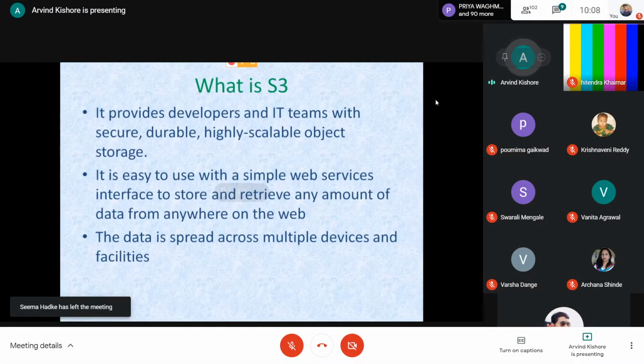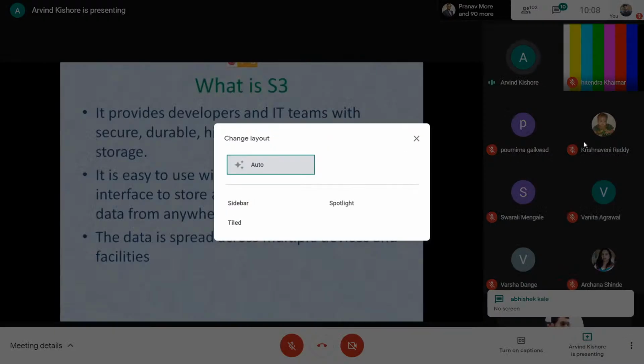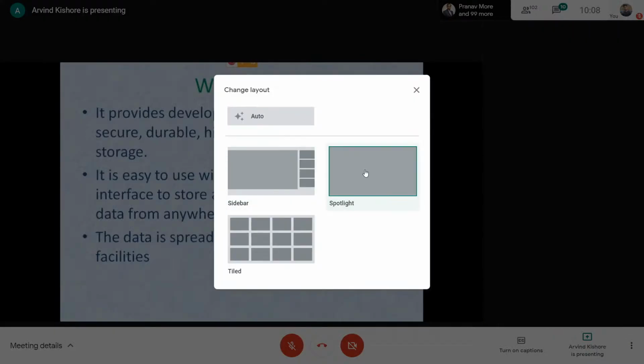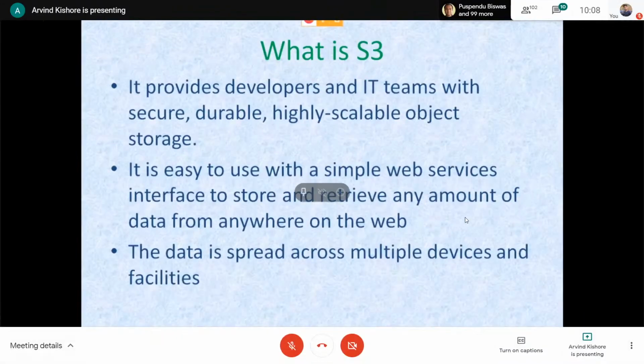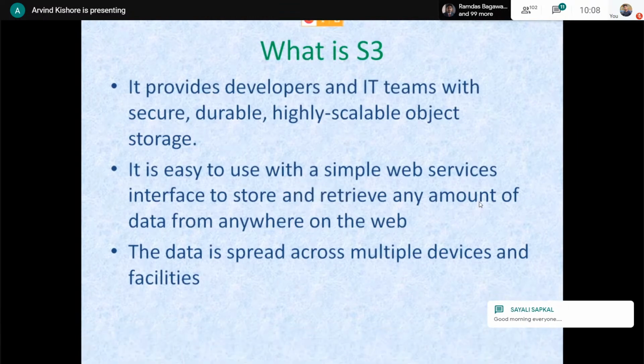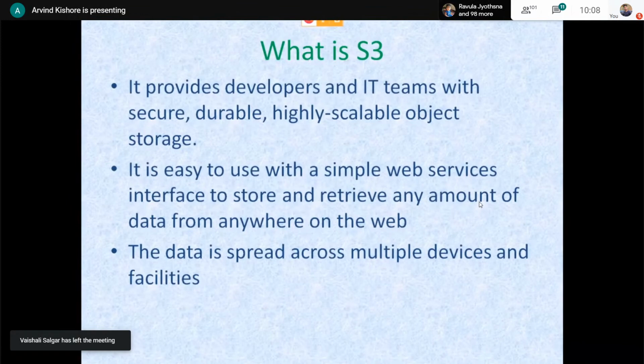So whenever you upload any data in S3, behind the scenes Amazon copies your data to multiple devices across multiple availability zones. What it means is they are providing you additional durability. They say that the data you store on S3 is highly durable. 11 nines of durability, 99.999999999% is what they are